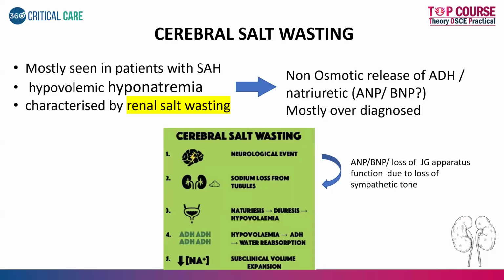Okay, so because of this, there is sodium loss from the tubules, and this causes effective volume in the body to drop. That is, the intravascular volume drops because there is natriuresis that causes diuresis and then causes hypovolemia. When there is hypovolemia, ADH is secreted. ADH again causes water reabsorption, and the water reabsorption in this particular case, if not corrected up to par, leads to subclinical volume expansion, thereby causing a drop in sodium because there is natriuresis. There is an imbalance between the activation of natriuresis and ADH. Okay,